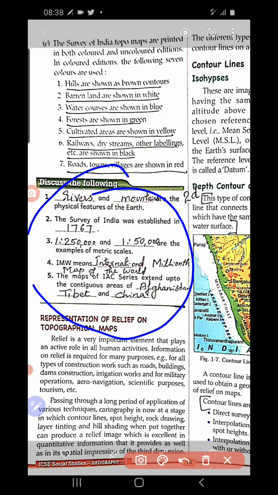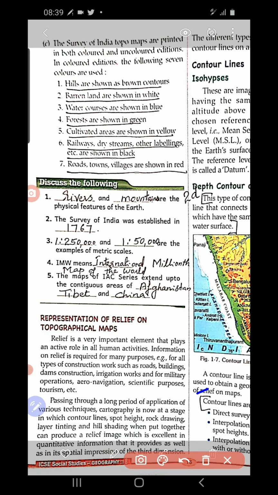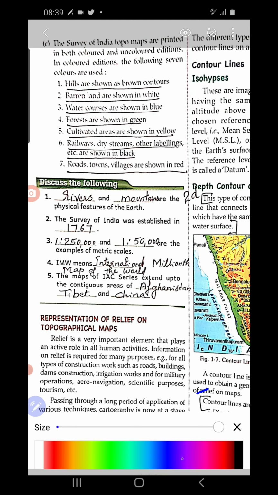You know that topographical maps are very accurate maps. By reading the topographical map, we can understand the height of a place, we can understand the distance of a place, many things. So how can we make that survey map? It's a very difficult task to make a survey map. So in order to make it accurate, which techniques are used in the survey map? That is what we are going to see. Both man-made and natural features are shown in the survey map. So which techniques are adopted by the cartographers to show the different relief features on the topographical map?